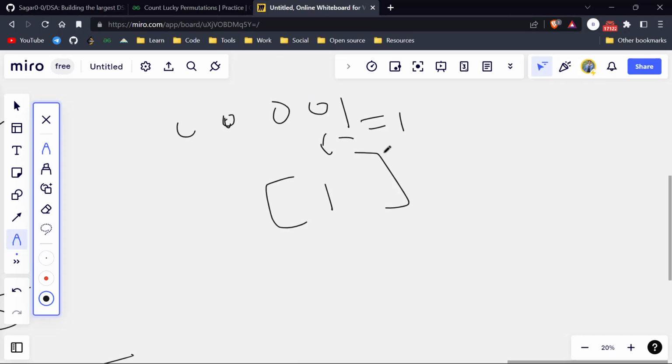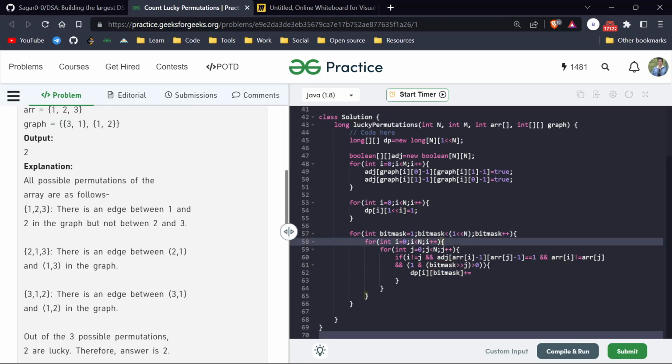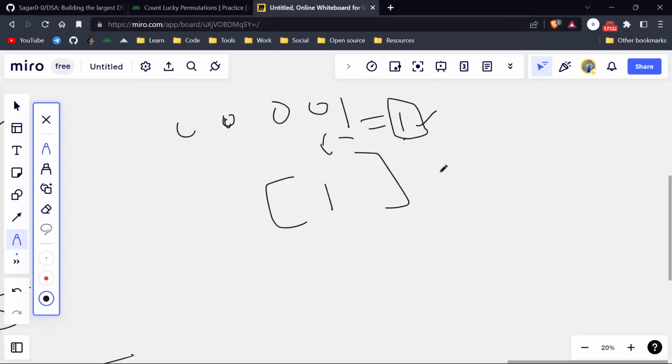Okay, so this is the thing. It will obviously be equal to 1. So that is our base case, when bit mask is equal to 1, i is equal to 0. So when i is equal to 0, we are checking for 1 as our element. And after that, we will just add some value. So it was initially 1, and what we have to add is the value of this